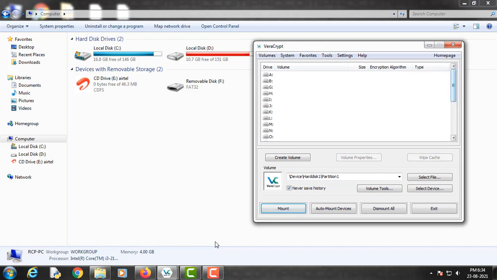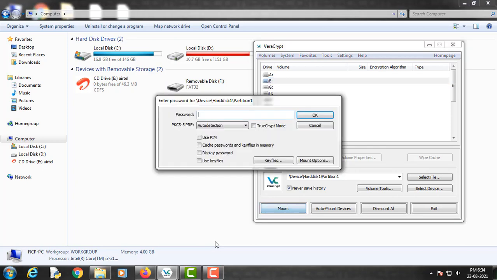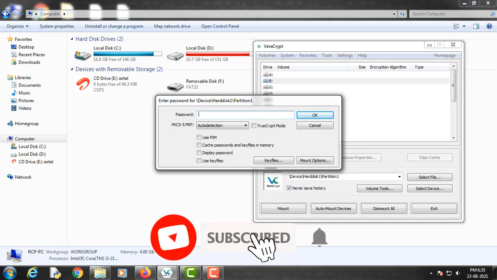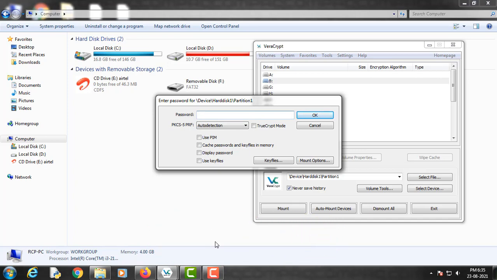We can use any of these drive letters for this purpose. I will use this B drive letter. Now I will click mount. Now I will have to enter the password. So I will enter my chosen password which I used to encrypt this USB drive, and click OK.